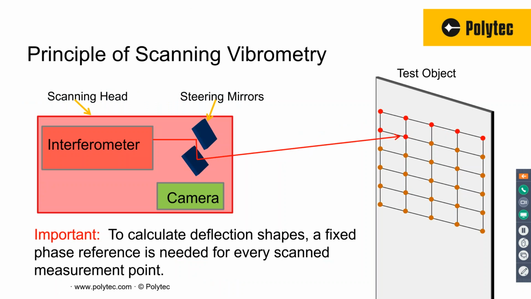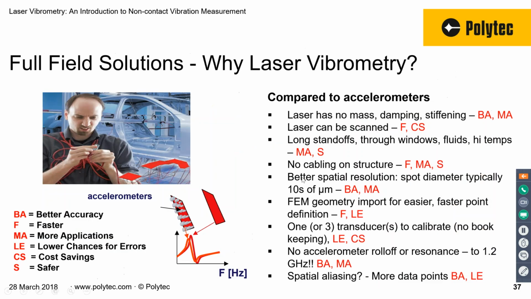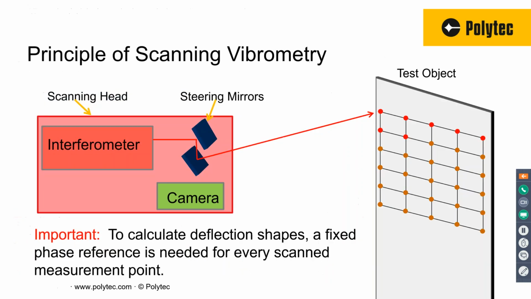Moving on to scanning vibrometers now. With a scanning vibrometer, we have the laser that we then scan using steering mirrors. These are galvanometer-driven steering mirrors. Excuse me, go back to that slide. And they scan the laser in a sequential way from point to point, acquiring the vibration response at each point. They simultaneously gather the reference signal, so we can measure the relative phase of each scanned